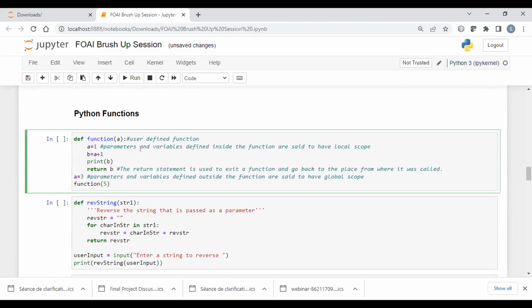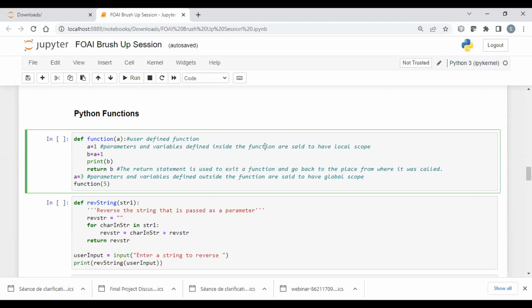Let us come to the next topic, that is Python functions. So we were seeing that in Python, there are two functionalities. We already have some inbuilt functions that we directly use with different code that we work on in Python. But there is one functionality where you can create a function yourself. You can define the function and make use of it. Those are called user-defined functions. So here we are going to take a look at how the user-defined function works.